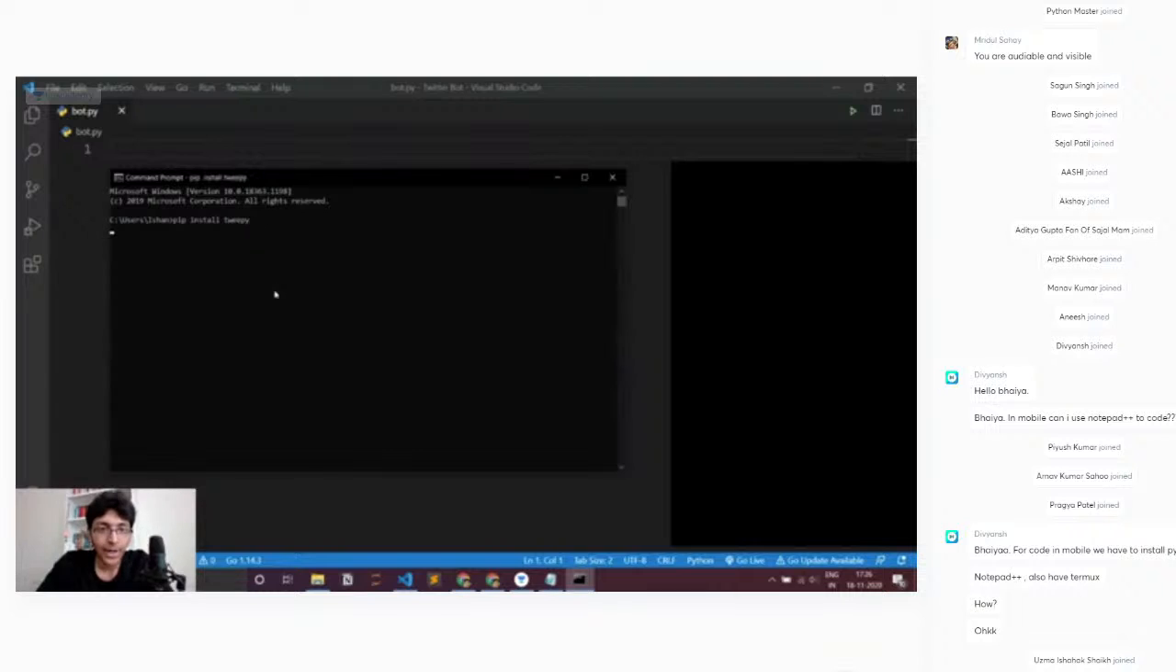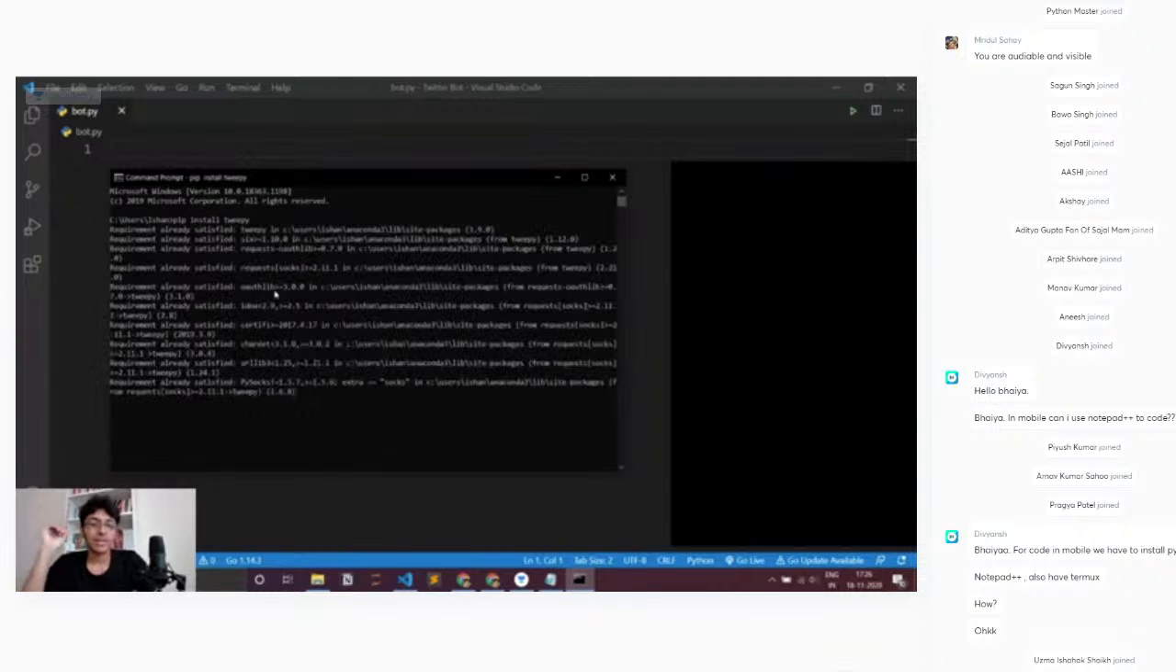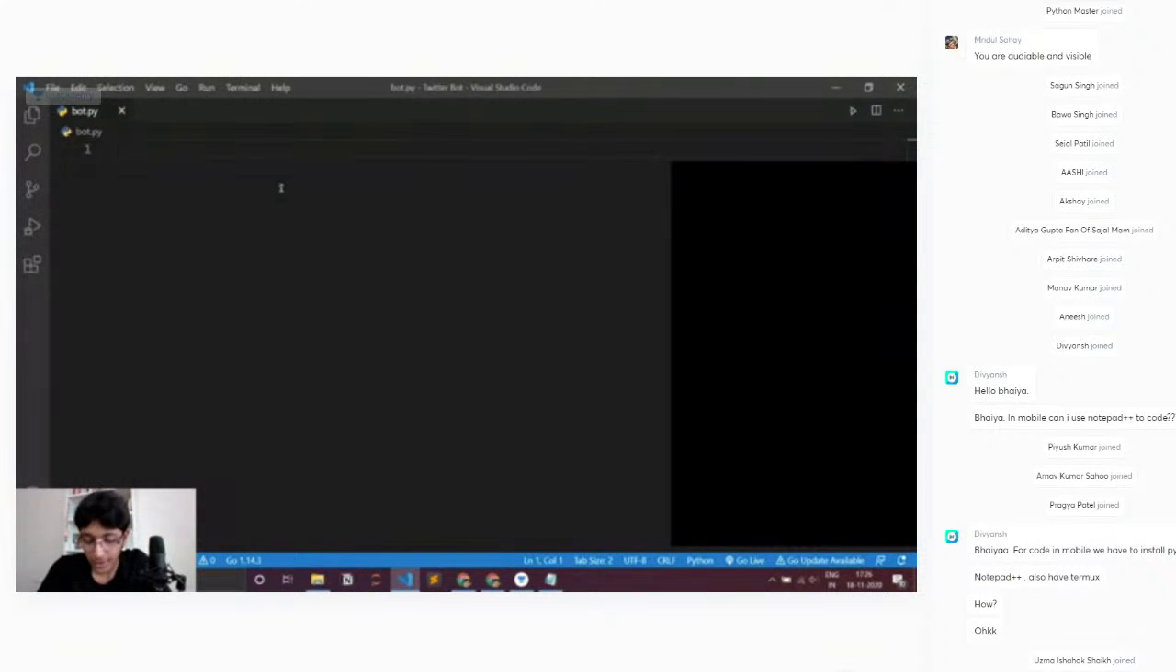tweepy. Okay, just click on enter and wait until everything gets installed. For me, I have already installed it because I have prepared. So this is installed for me, but for you, it might take some time. So install this as well, and now we can proceed next. So next we need to first of all write a few lines of code. So we'll say